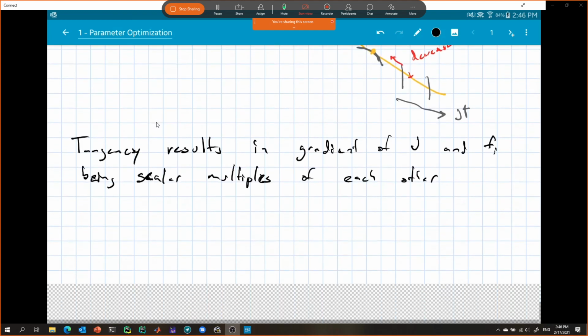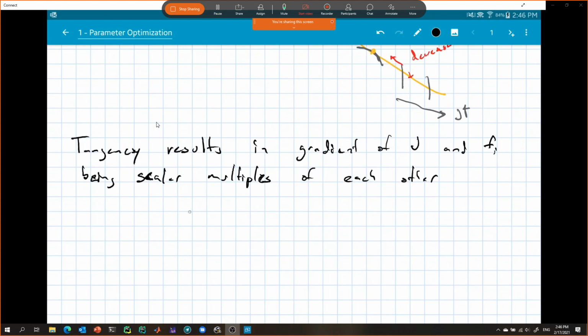So then we have dJ/dy, and that's the gradient, right? So gradient J is equal to the sum, and I'm making this negative for convenience, but this is a scalar multiple, right? Of,